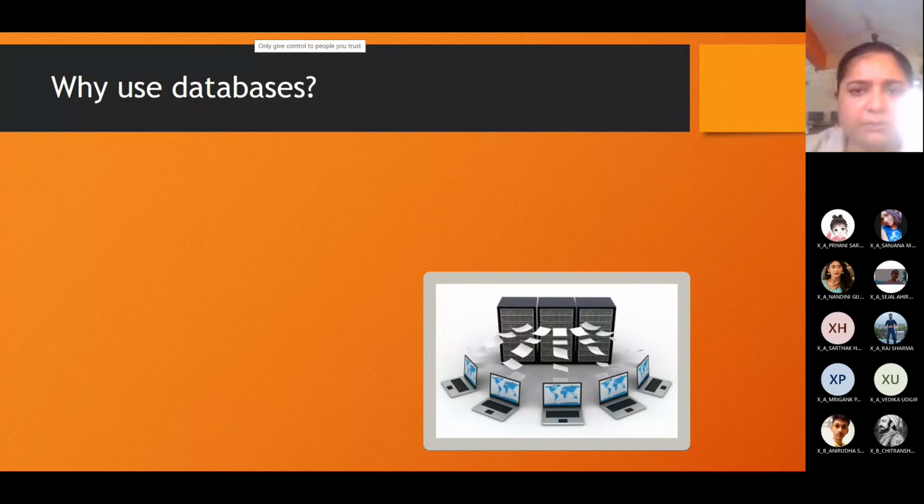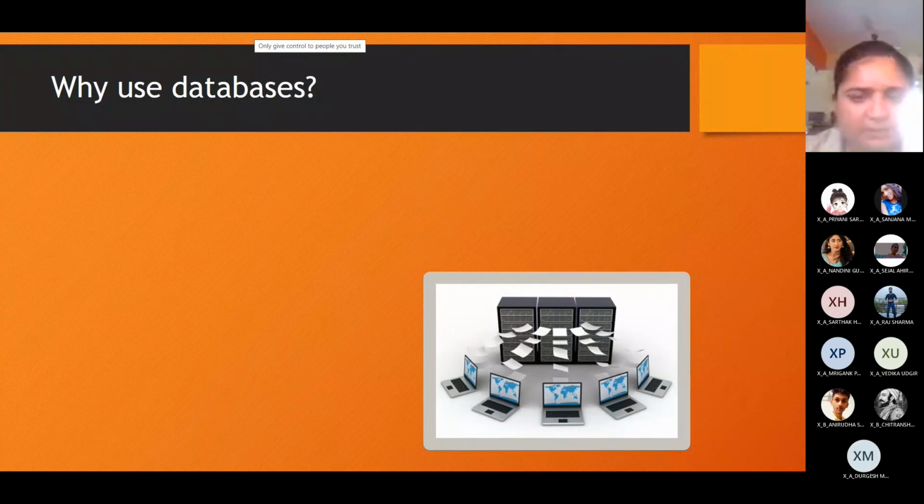And in the background, at the back end of the application which you are using, it generates a lot of data, right? Your complete details are saved somewhere on the internet. And whenever you have to use your Facebook or Instagram account, you need to sign in using your username and password, and then only you get access to your account. So a lot of data is generated on a daily basis, which is saved somewhere or the other.